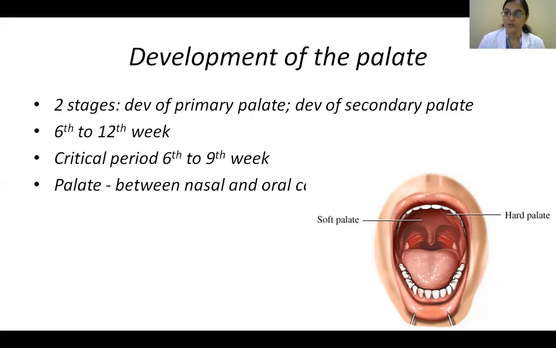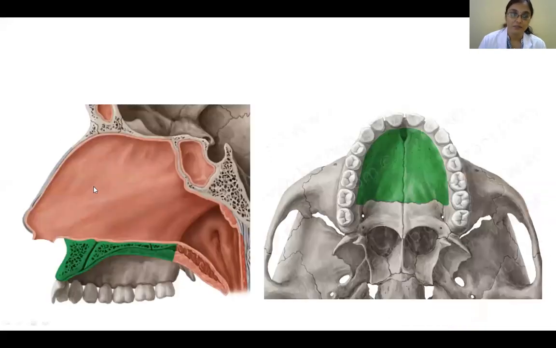More posteriorly, what you'll have is, yeah, so this is the nasal septum here. So this part in the middle part, it's like this almost, okay? So this is the palate, and above is the nasal septum coming down like this. Okay, so this part here, you can see the anterior part, it is ossified. So mesenchyme will get ossified. So that's all the architecture of how the bones are going to form. So it becomes ossified, and this is called the hard palate.